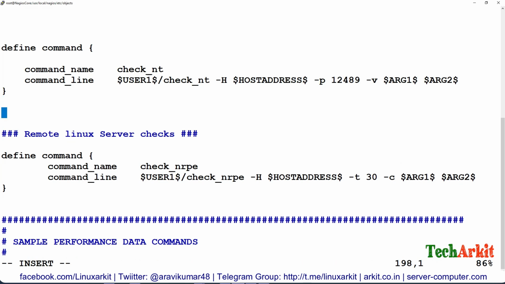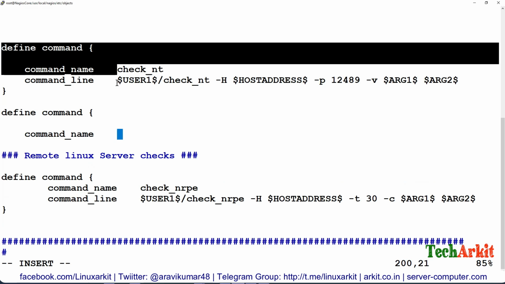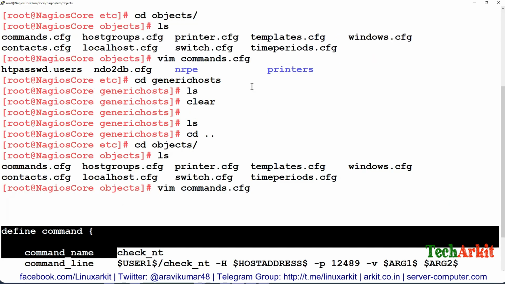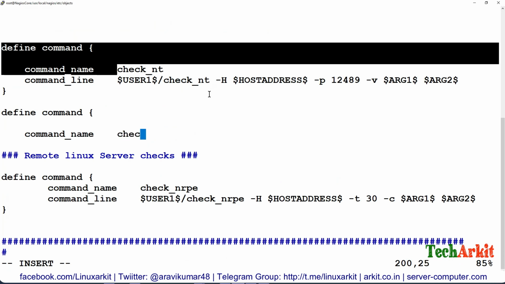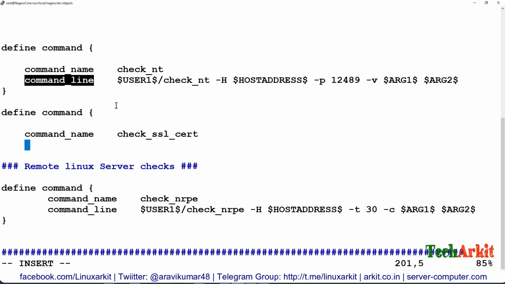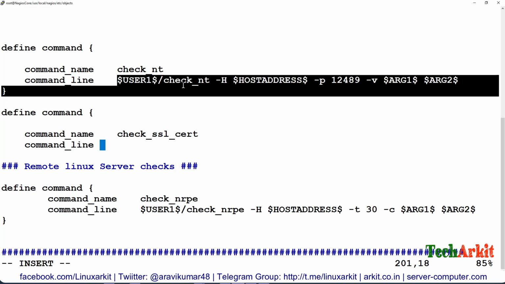the define command and command name. I would like to use the command name also with the same plugin name to be easy to identify. So check_ssl_cert, and I'd like to use the command line. The command line is here.